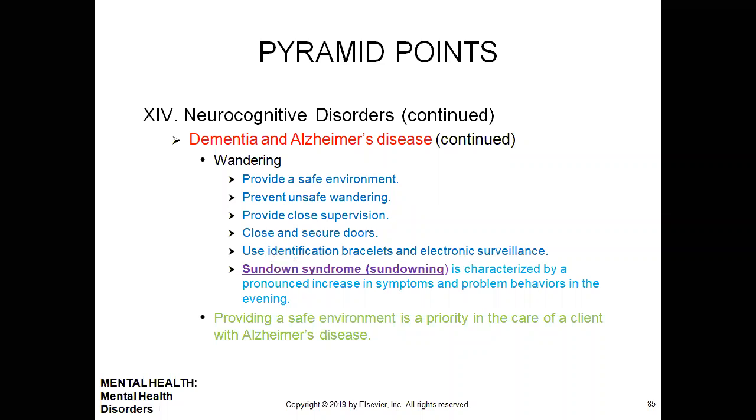So home safety is super important for an Alzheimer patient, right? Always we have to remove all scattered rugs. We have to install door locks, secure the door, lock away cleaning supplies,